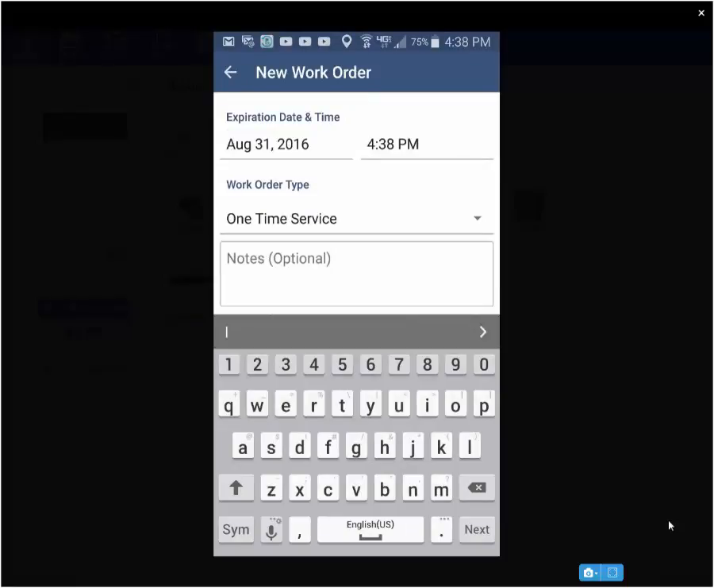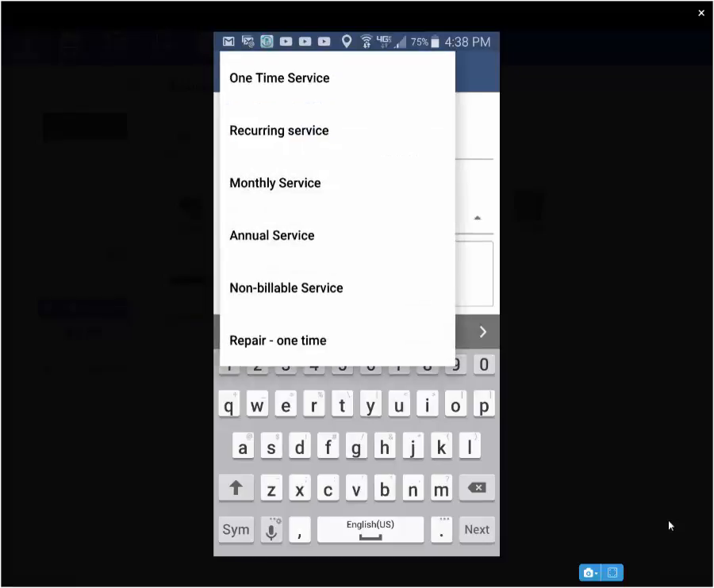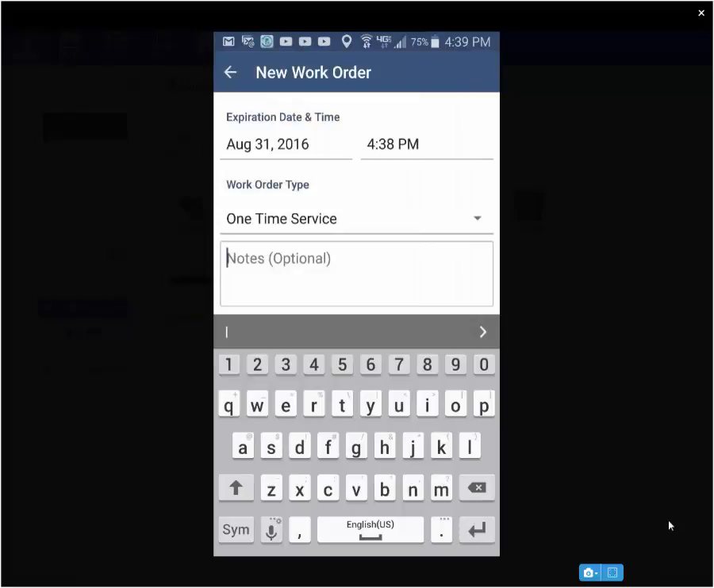Work order type. We saw in the previous video that we could set up various work order types. In this case, we have a list of one-time, recurring, monthly, annual service, and non-billable service. Non-billable is handy so that suppose you had a work order for grounds maintenance for the crew and they didn't do it right. So you want to put in another work order and you say, hey, by the way, don't bill me for this service because you didn't do the last one right. So there again, you set up your own work order types. In this case, we're going to pick a one-time service,